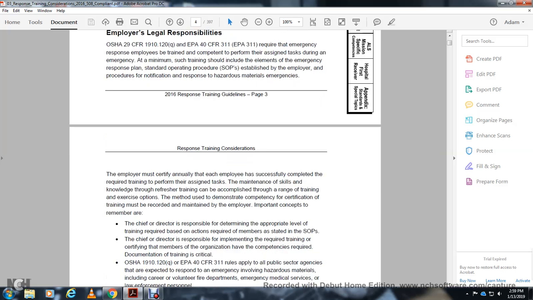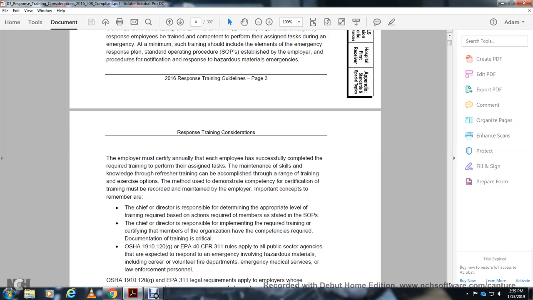The employer must certify annually that the employee has successfully completed the required training and can perform the assigned task within the range of skill and knowledge. Refresher training can be accomplished within the range of the training, with exercise or operation methods that demonstrate competency. Certification training may be recorded and maintained by the employer. Important concept to remember: the chief or director is responsible for determining the appropriate level of training required based